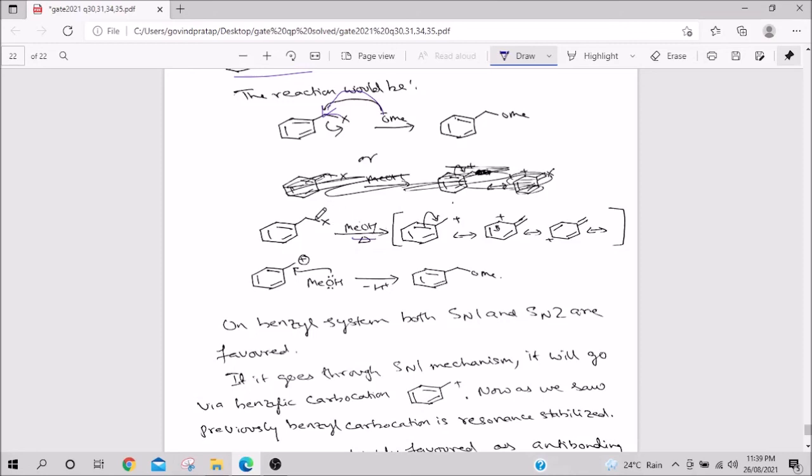What will it wait for? It will wait for X minus to leave. So when X minus leaves, you get a positive charge. Now this is called a benzyl carbocation. Benzyl means on benzene, next there is CH2. On the CH2 there is a positive charge, so you can see through resonance this is getting stabilized. It comes here and you get a positive charge, and then this moves, you keep rotating and you get a positive charge. So the positive charge is not localized over one carbon, but spread all throughout the benzene ring. So it is highly delocalized, quite stable, and then it easily forms, and then methanol can go and attack, because methanol is in no hurry to attack. It attacks here and you get OMe.